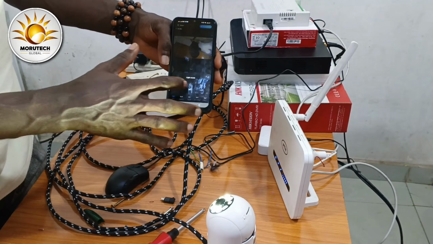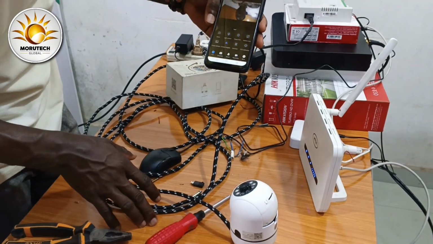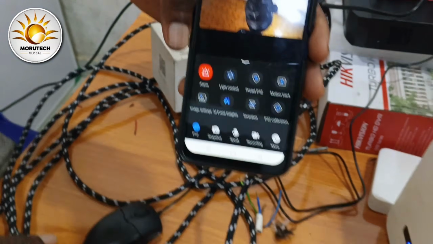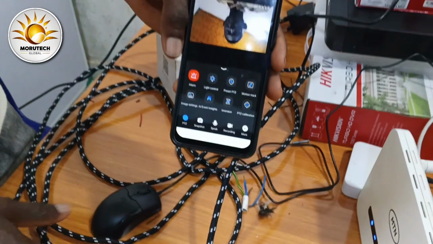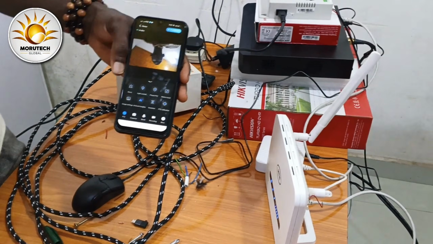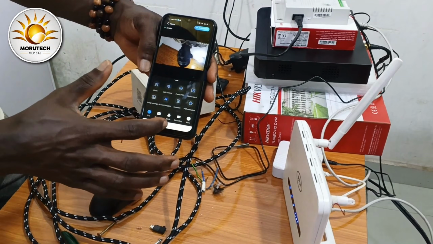Let's turn off the light. We have other parameters in this place. We have motion sensor. We have alarm. Maybe you want to scare people away, to let them know there's a camera and something is happening. You can turn on the alarm. Then we have other things like